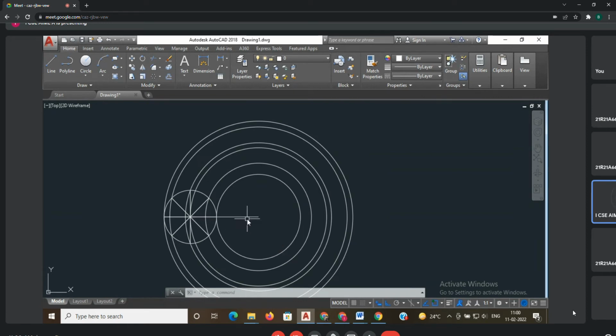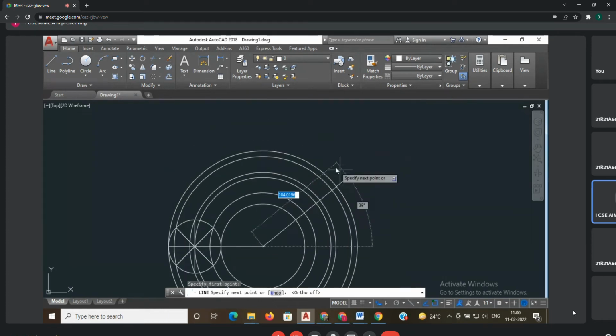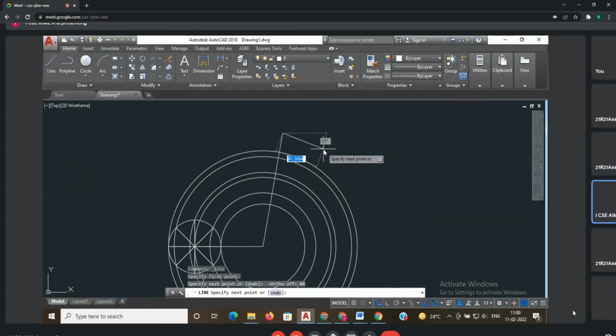For that, you can go for the line command. Suppose if you use the line command, you will start from here. From this point you have to draw the 100 degrees. But it will move in an anti-clockwise direction, so how much do you have to take? 80. Total 90. Now, if you take 80, tab and give 80 degrees. Now, if you observe between these two, you will get 100 degrees with the line command.